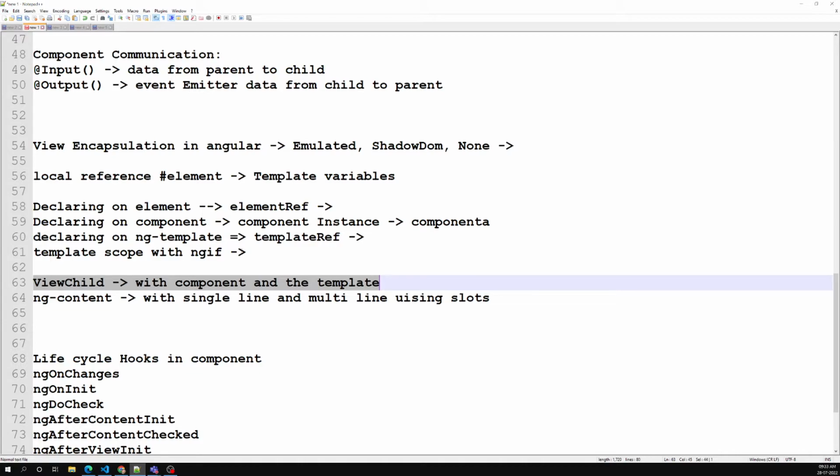Next one comes, the important thing, that is nothing but ViewChild. So now the ViewChild concept. So this is the ViewChild concept. So what is this ViewChild? ViewChild, what I can say is